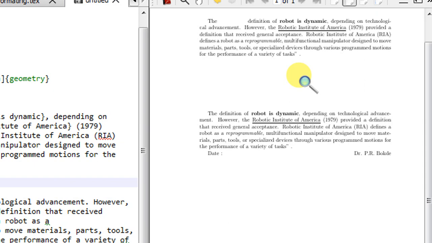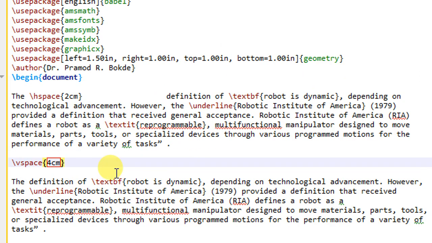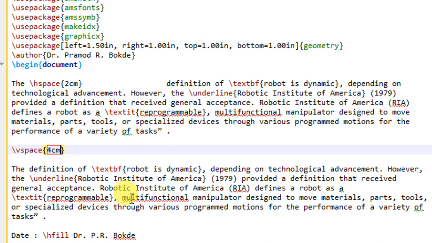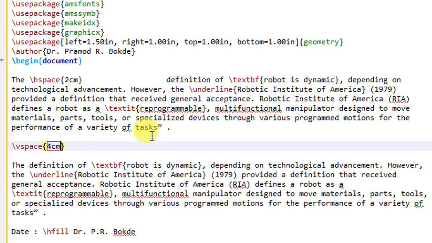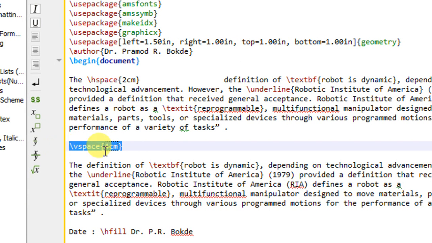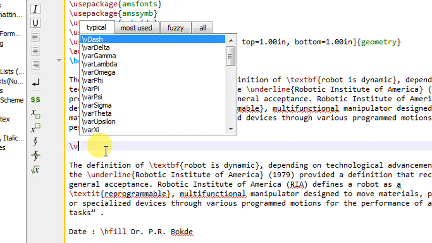Now sometimes it is required that between these two paragraphs, or between two lines, the complete white space should be left. Suppose the first paragraph should be displayed at the extreme top and the second paragraph at the extreme bottom of the page. For that, the command should be written as \vfill, that is vertical fill.